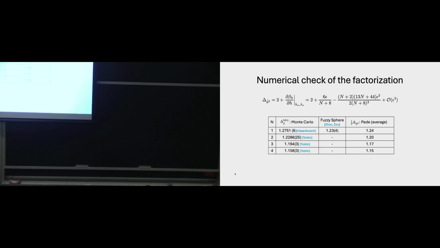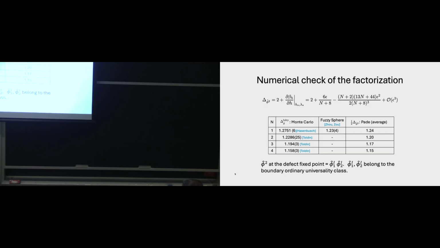So the last column is the Padé result divided by 2. And the first column is a Monte Carlo calculation of the scaling dimension of phi hat in the boundary case. And we see that these two numbers are very close for each fixed n. It's a sign of factorization,